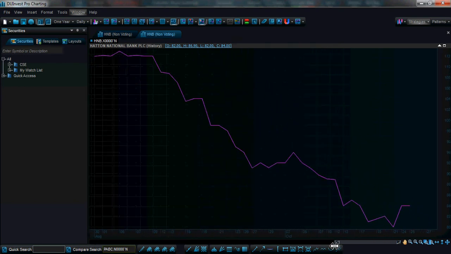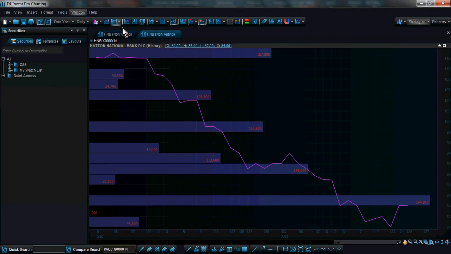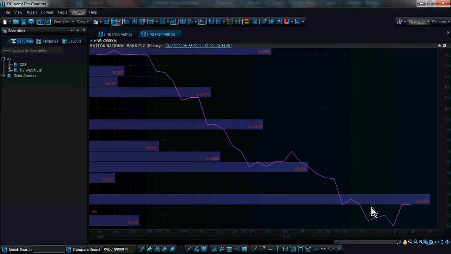Okay, if you look at the corner, you can see that the price is ranging from 80, 82, 84, 86 likewise. Now let me go and pick this volume by price and click on total. Now what you see here is for each of these price bands, 80, 82, 84, 86, how much volume this stock has done. So it tells you what are the resistance points and what are the support points.